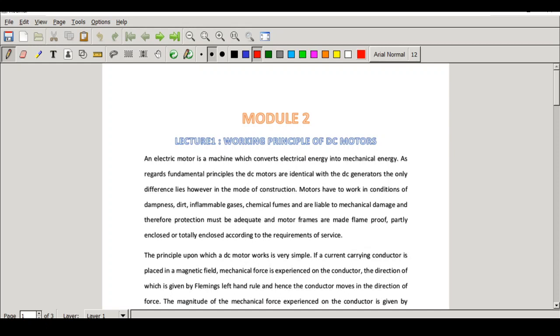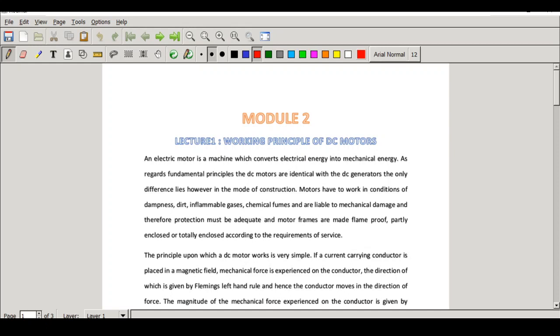In the second module mostly we will be learning about DC motors, that is the working principle of DC motor, then types of DC motors, application of DC motors, and we will learn about the very important mechanical terms associated with the motors, that is speed, torque, and again we will learn about the characteristics of different types of DC motors, that is how the speed and torque are related, what is the relation between speed and current, torque and current, speed and torque. Okay, all these things we will discuss.